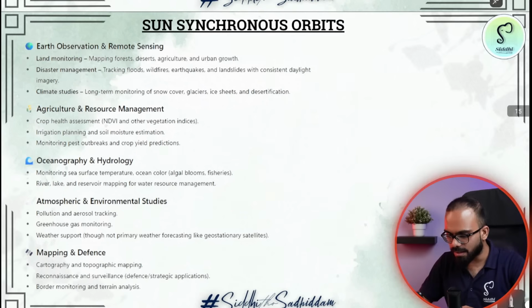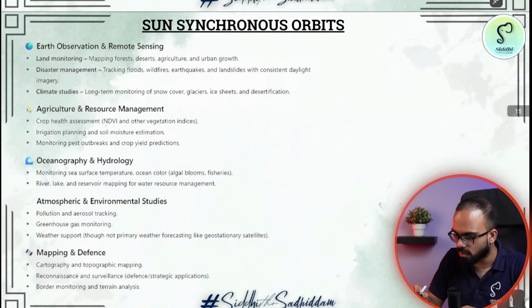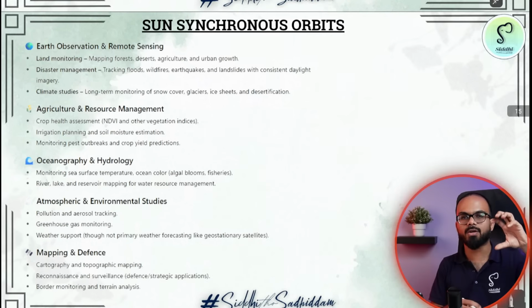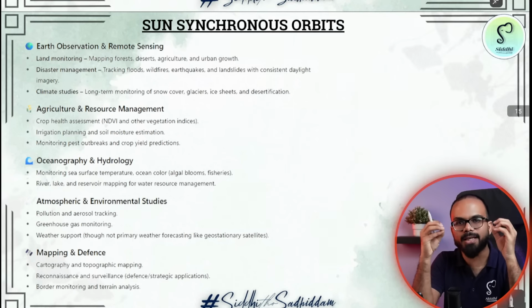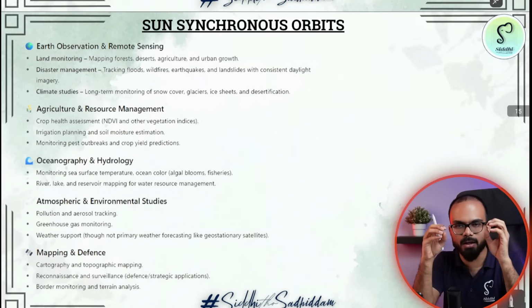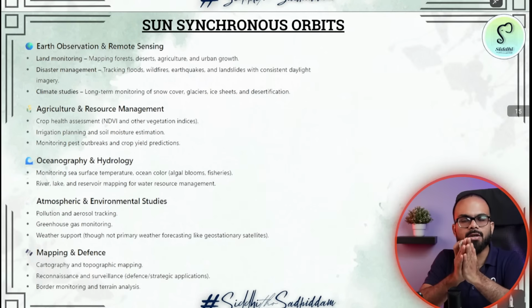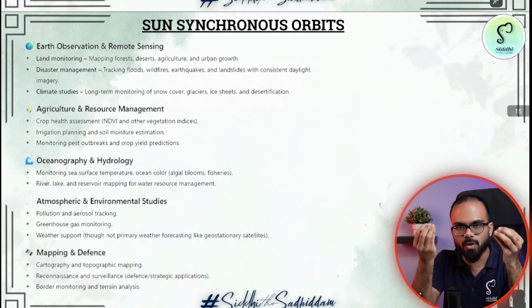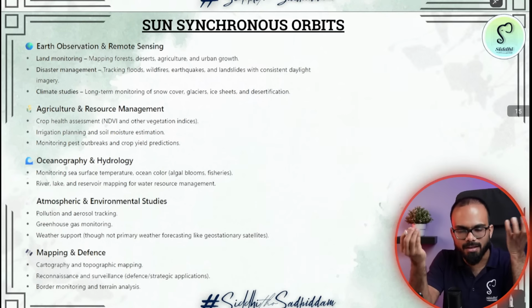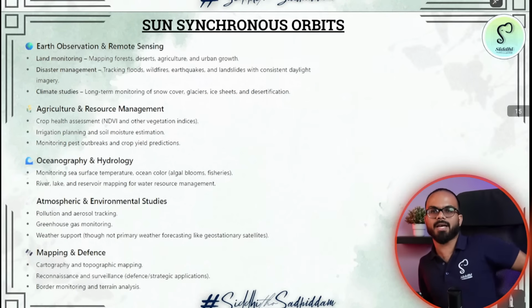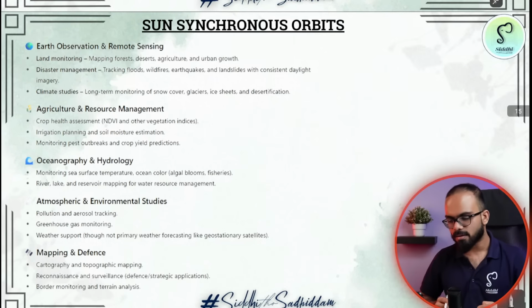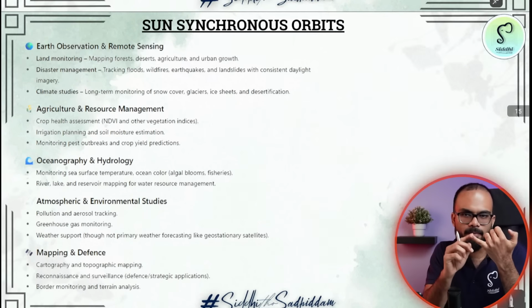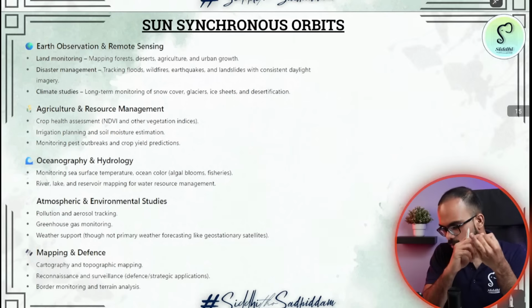In sun synchronous orbits, we usually place those kinds of satellites where you want to map forests. See, for example, you are preparing a survey, and your survey's aim is to measure the amount of forests. Do you want your satellite to work at night? Is it really necessary that you map your forest at night? Can you really map the green cover at night? No, right?